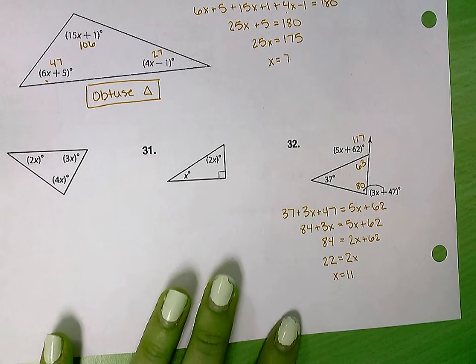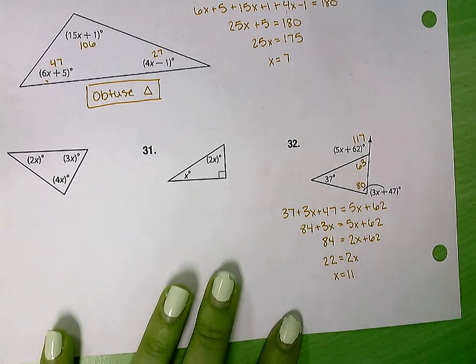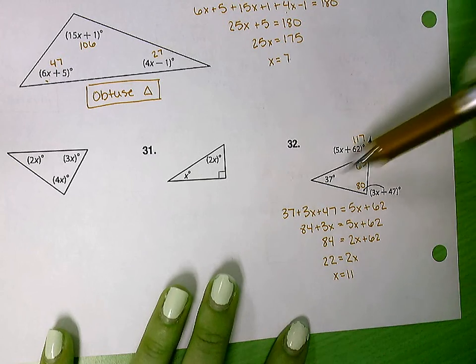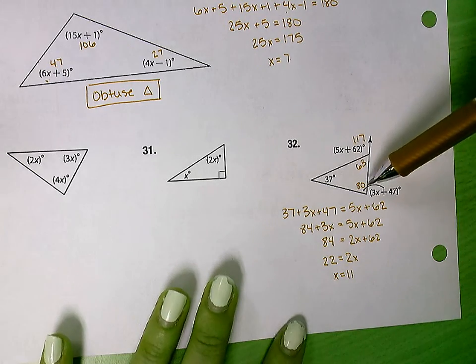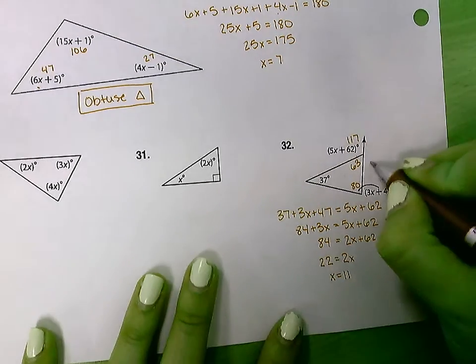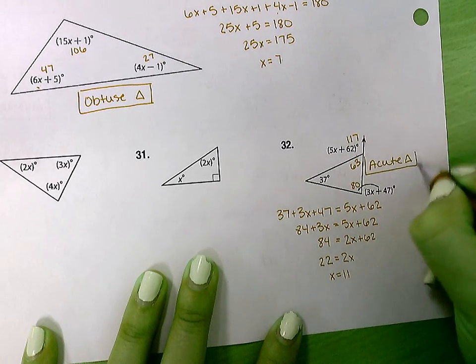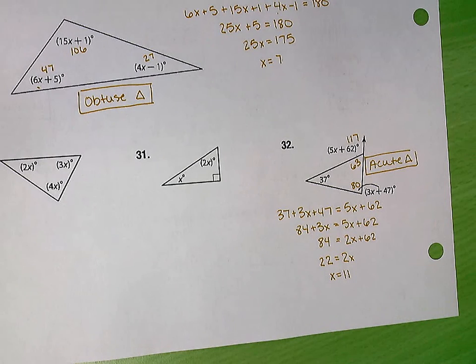No? Why? Because I just said no. So since all three of these angles are less than 90, this would be an acute triangle. Okay, any questions on our